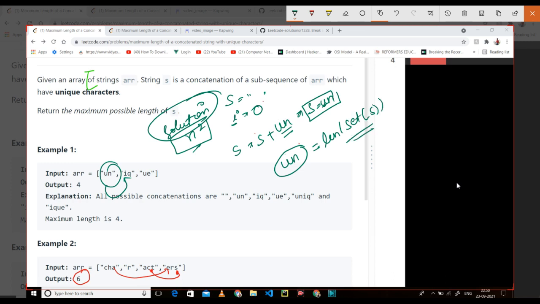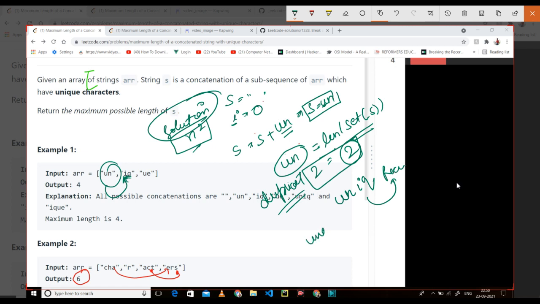The length of set of s is 2 and the length is 2, which means it contains no duplicate, because we need unique values. Then we add un with iq, go to our recursion again, and check that the length of uniq equals the length of set of uniq. This is 4 and this is also 4, correct.